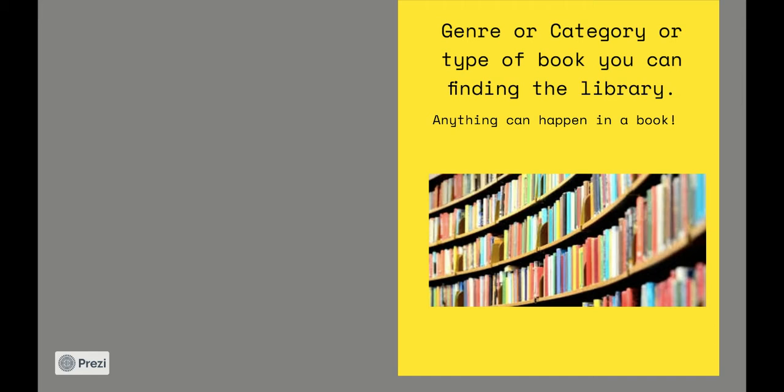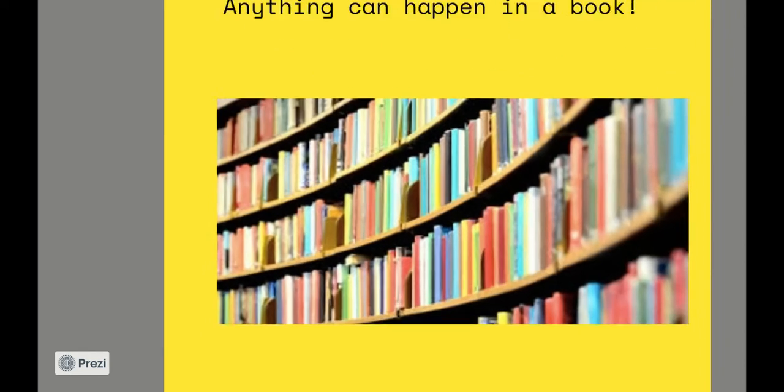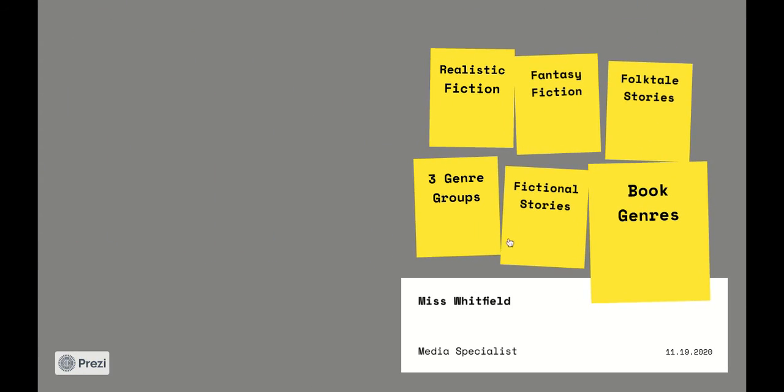Book genres are categories or types of books you can find in the library, okay? Anything can happen in a book. So that's why we have genres. That means different types of books that can be put into the same category, okay? Because they have the same content in them. All right, so